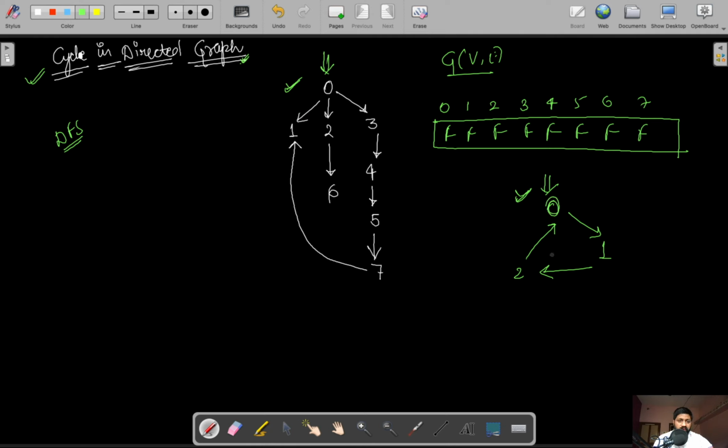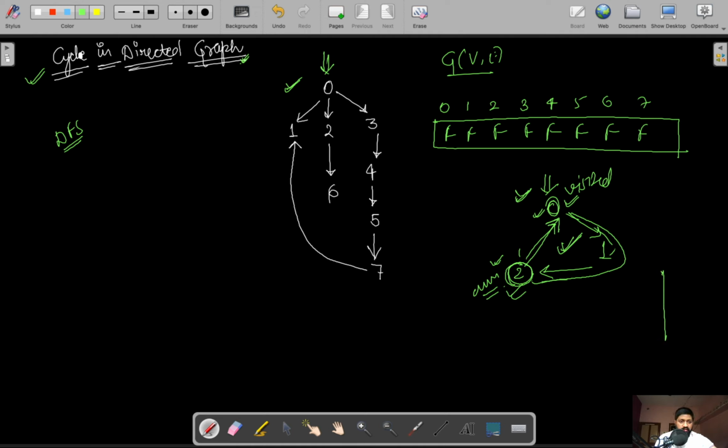For cycle detection, if we reach any node and we see that a neighboring node of that particular node is already visited, then it should not be an ancestor of the current node. As we can see, 0 is the ancestor of node 2. From 0 we came to 2, so when 2 reaches back to 0, a cycle is formed.